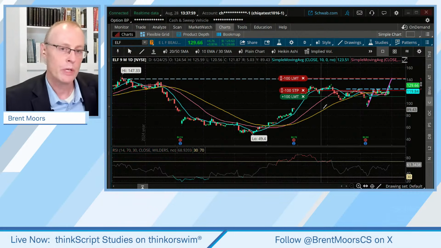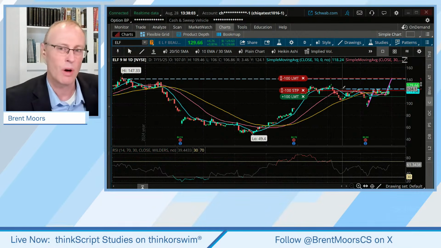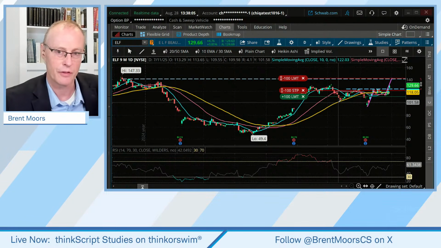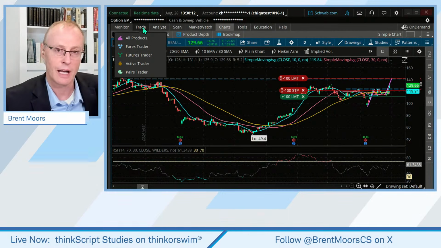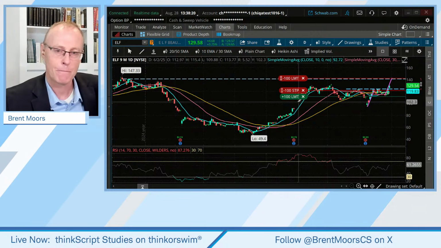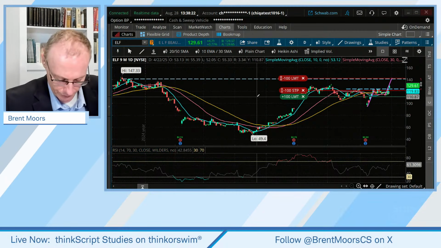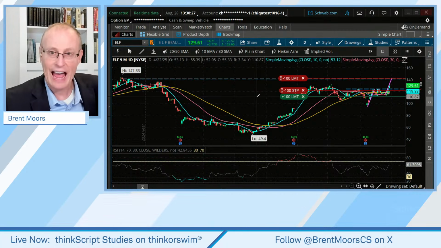When you decide, maybe you modify the scan, and maybe you don't want to use a 10-day, a 30-day and a 50-day. You want to use something else. You can go longer term. You're going to get very different results, probably, if you use different time frames on those charts. Use the ones that you want, modify that scan, save it, and then you can view it on your own chart. All right, so that is what we have here.